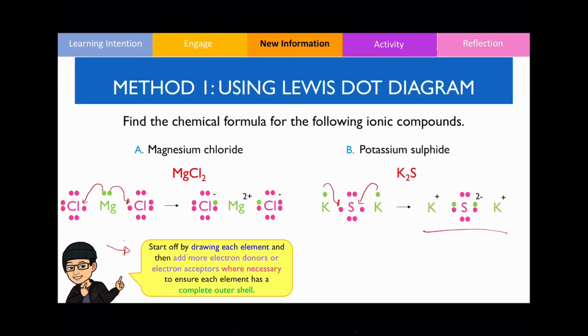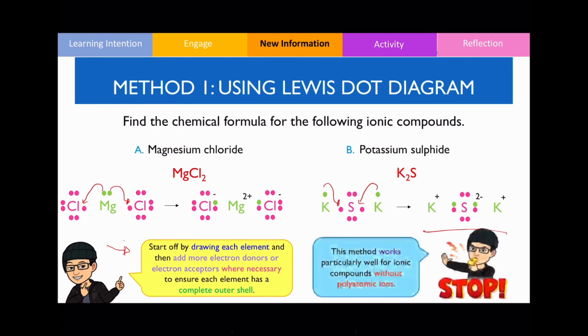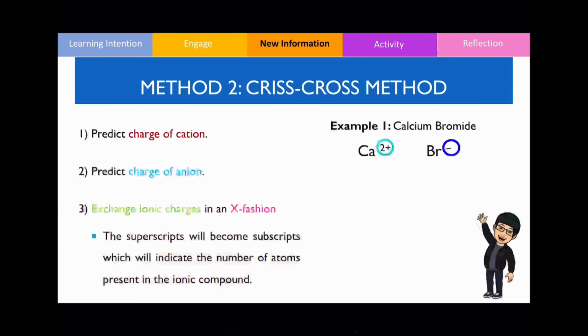But one of the disadvantages of this method is that it only works well when you've got no polyatomic ions at all. As you can see, these are all monatomic. When you've got polyatomic, meaning a charged particle that consists of more than 2 atoms, this becomes a lot more complex, and the time taken to find a formula which is worth 1 mark is just not worth it. So I'm going to show you the shortcut method, which is also referred to as the CRISS-CROSS method,